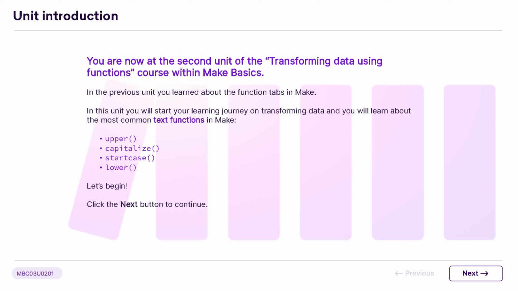Let's start with the upper function. This handy tool is perfect when you need to convert all letters in a text string to uppercase, enhancing readability or meeting formatting requirements, such as for titles or headings. Next, we have capitalize,